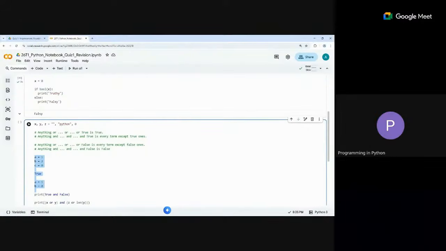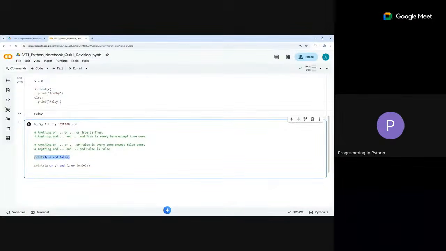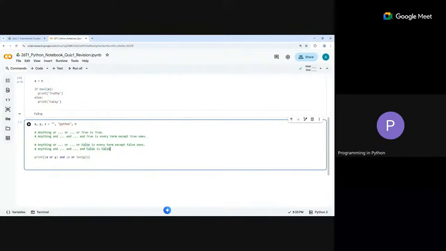Okay, very nice. So with this understanding, we'll see. Now here we are saying x is equal to blank string or y. So what is x? X is falsy, right? X is falsy. What is going to happen next? Y remains, no? Because it's false or something. Go ahead. So I understand the order of how to solve this type of question.